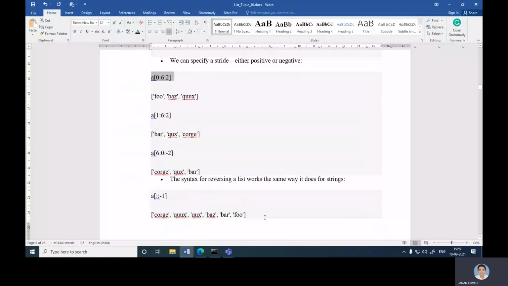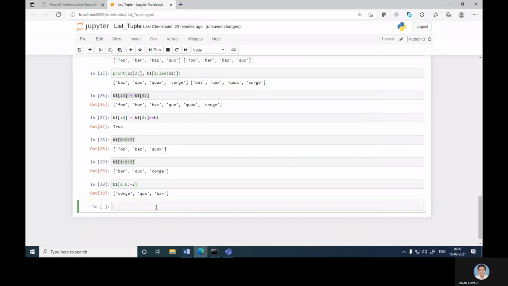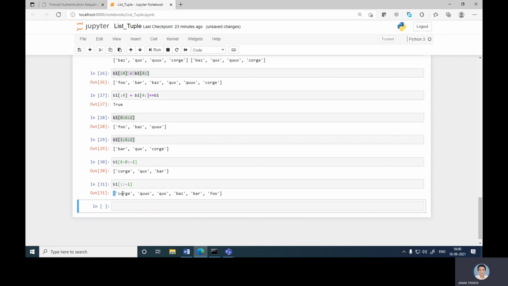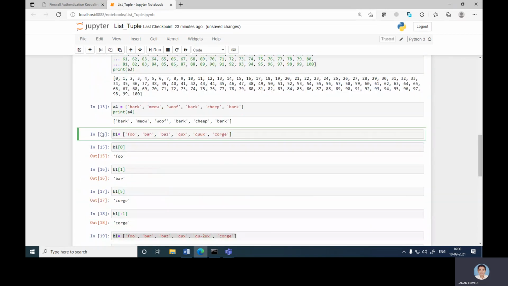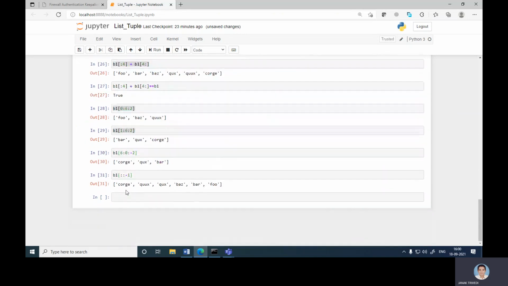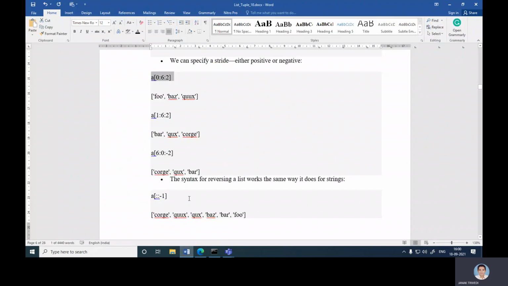Then the syntax for reversing a list works the same way it does for a string, like b1[::-1]. So it's a reverse. This is the reverse of this particular b1 list. Now, with the forward slice we start from 4 and end at chords. In the reverse, we start from chords and end at 4.